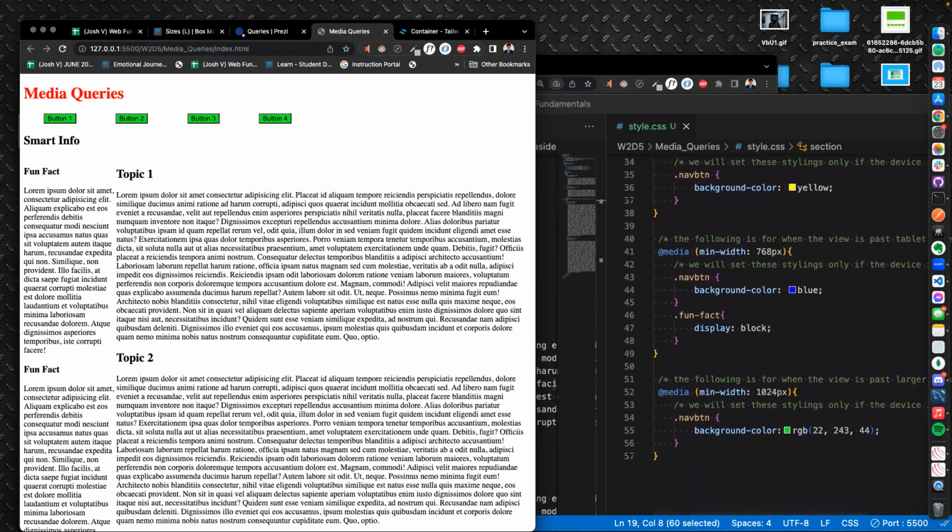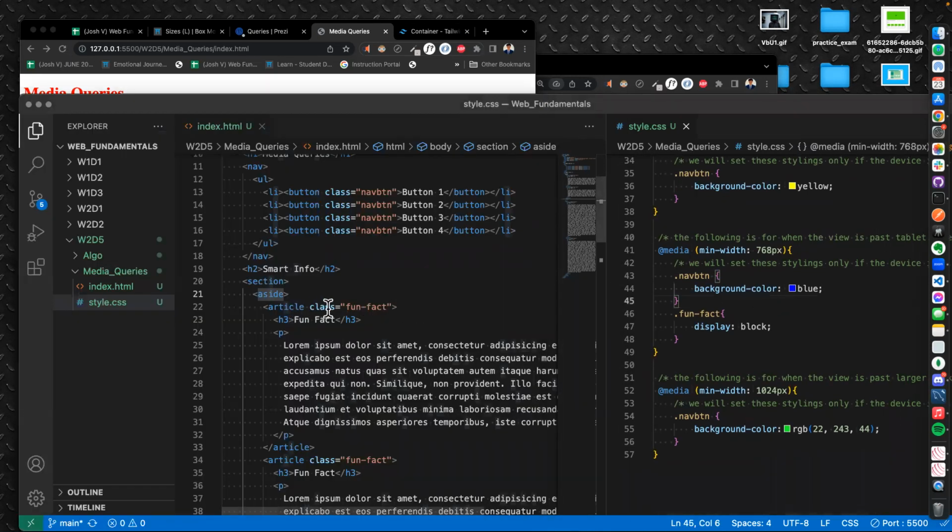Okay, so we can set, for example, the flex properties to be a certain dimension. So for example, for this one here, for the article,